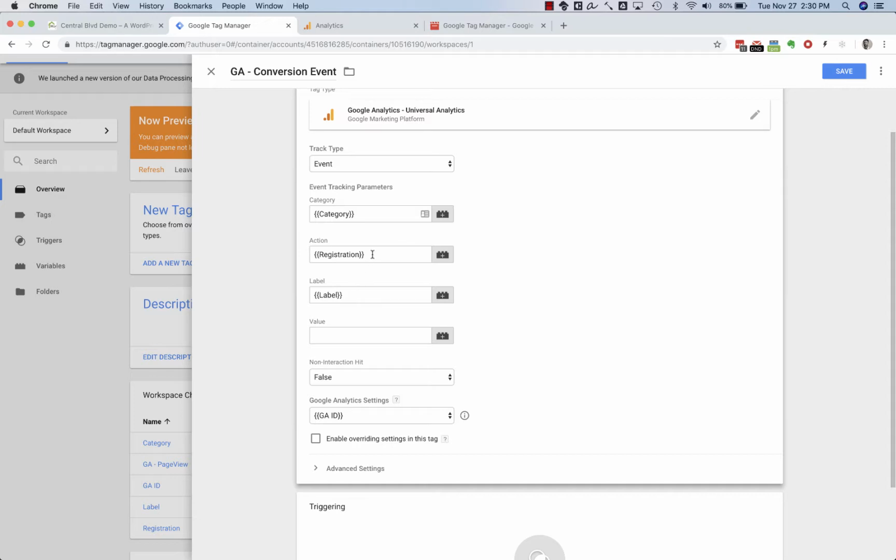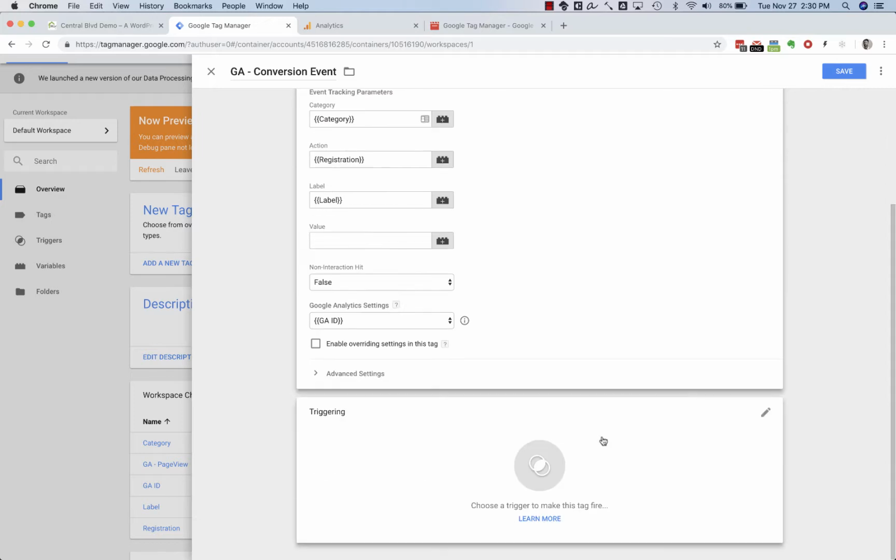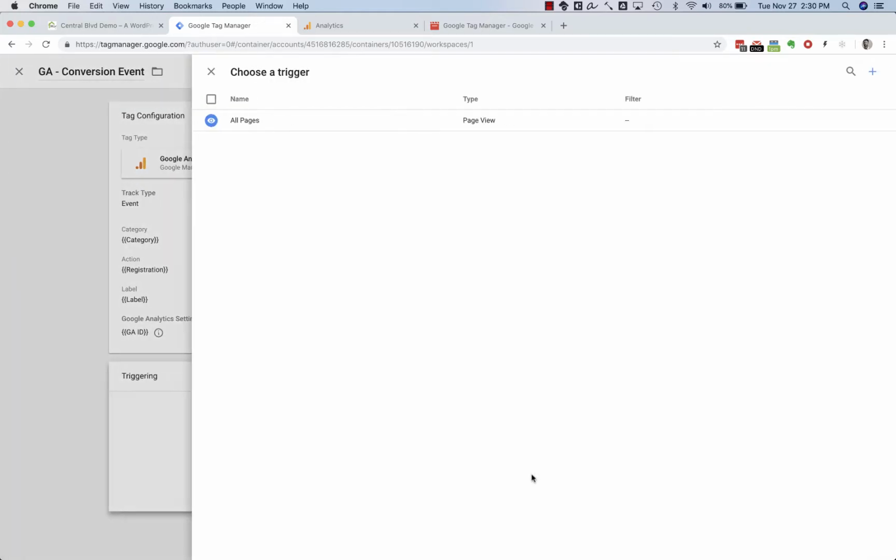And then we set up the action as the custom variable that matches the custom registration event. Okay, and then for triggering, we're going to create a new trigger,